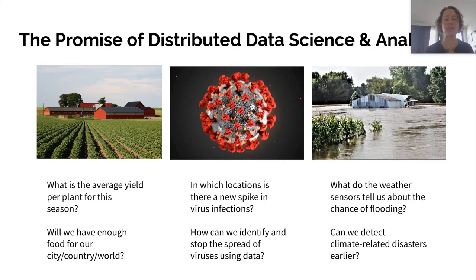And so when we think about farming and climate related changes to farming and the need for food in our growing world, when we think about coronavirus and other types of viruses and how we can track, let's say, their progress across the globe, when we think about climate-related natural disasters such as flooding, hurricanes, and so on and so forth, we can also think about end devices that would be appropriately positioned to ask and answer questions and potentially to help create earlier warning systems, to help create better preparation, again, for folks in our governments, folks that are working in NGOs, folks that are trying to solve these problems.